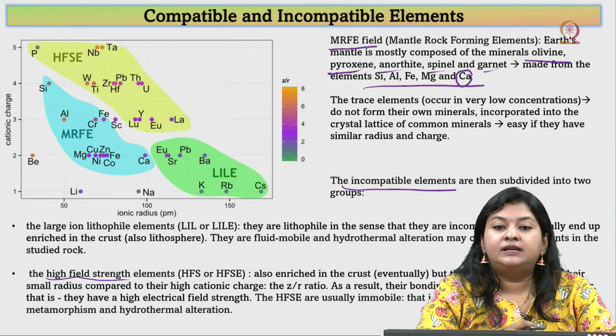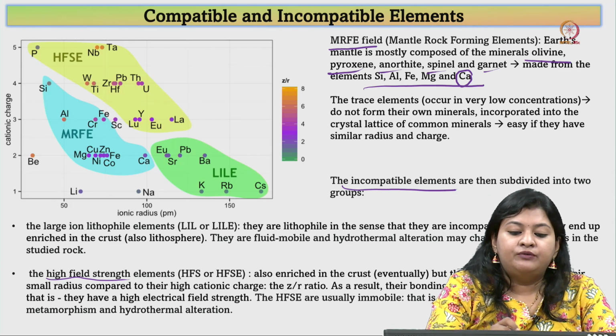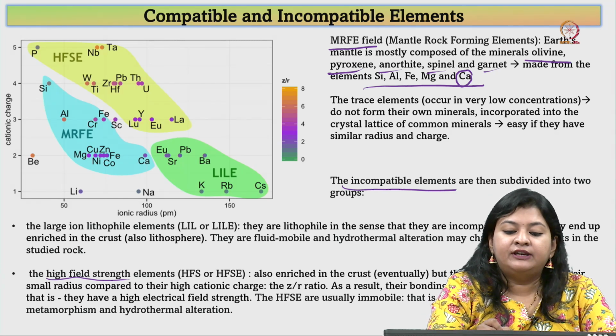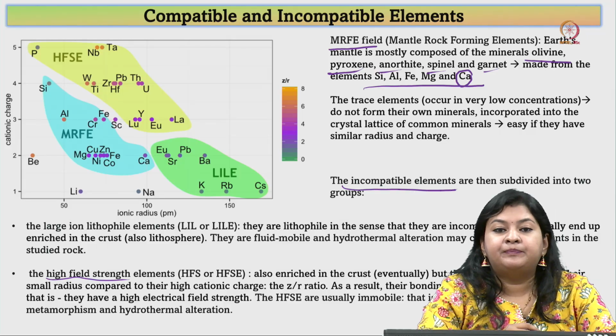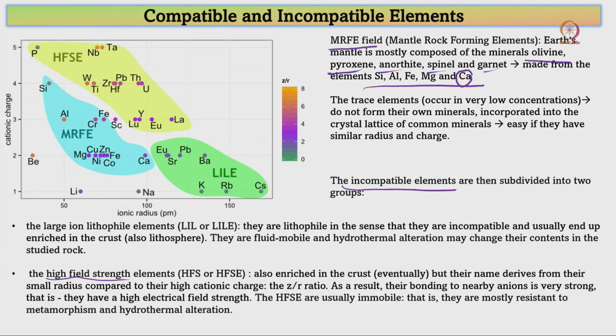So, what are the lithophile elements? Here we have potassium, rubidium, cesium, europium, strontium, lead, and barium. These are all the lithophile elements, and they are incompatible in the mantle,